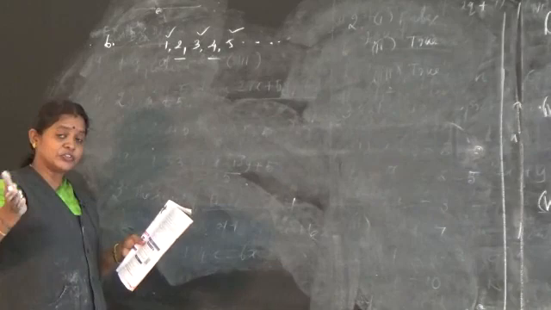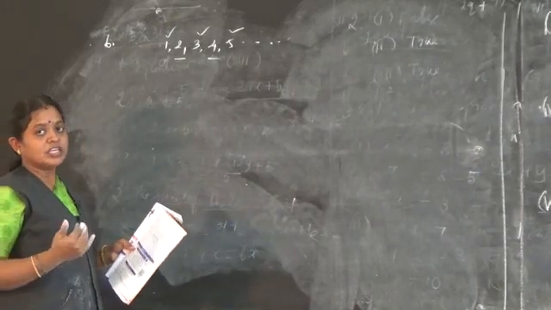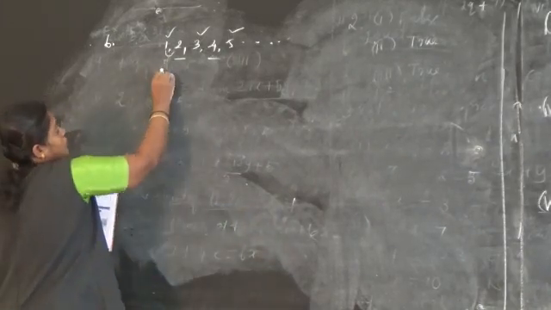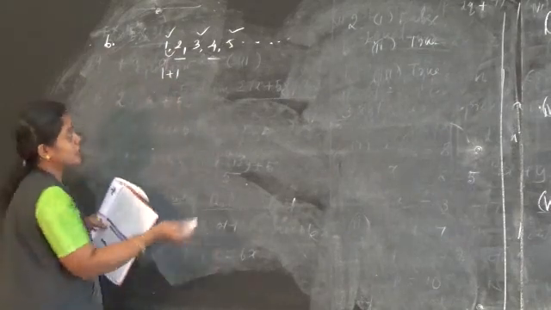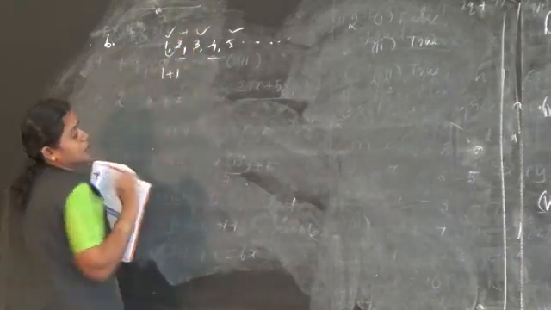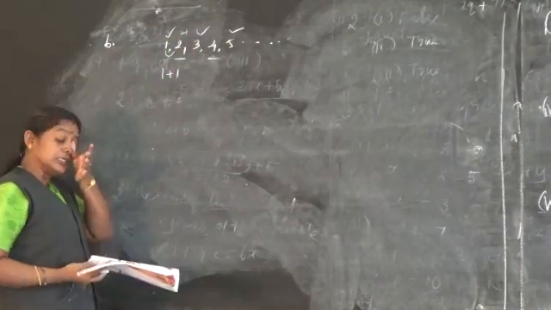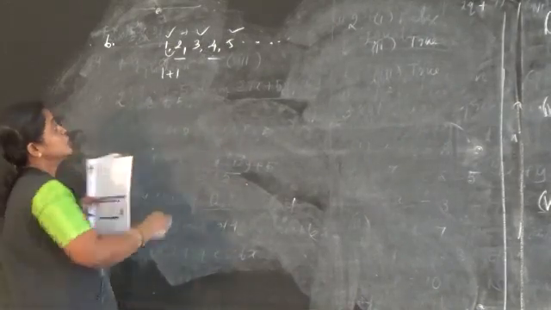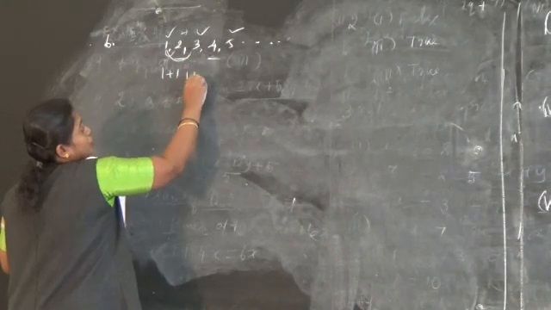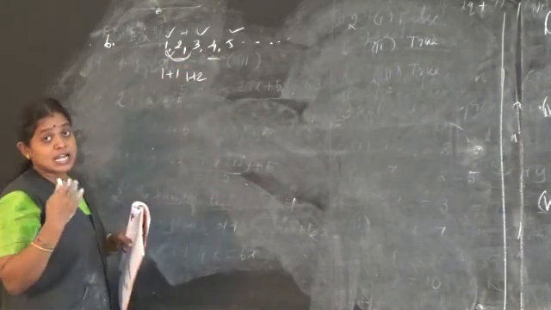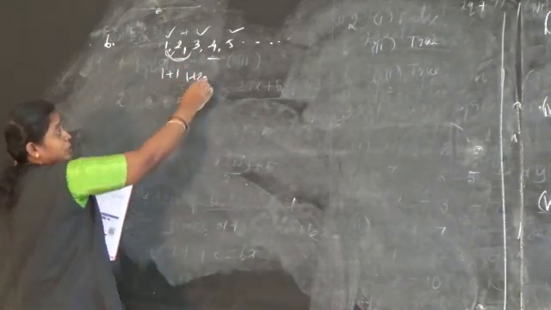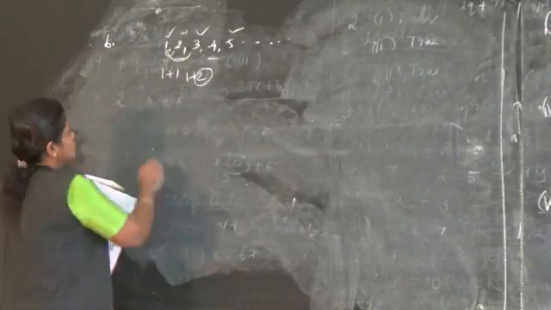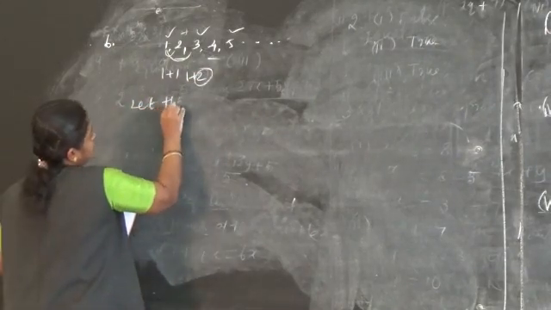If consecutive numbers alone are given to us, we can take 1 plus 1, you are getting the next number 2. Then 2 plus 1, you are getting the next number. That is the meaning of consecutive. But here consecutive odd numbers are given to us. So 1 plus 2, if you are adding only 2, you are getting the next odd number. So which number are you adding here? 2.